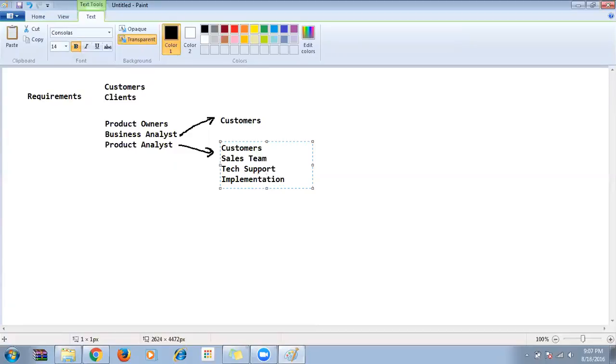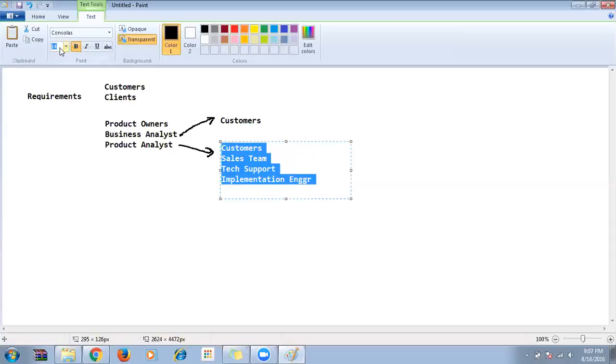I'll be telling you who the implementation engineer is. You are going to develop the product, and then who is the person who is going to install the product for the client? You are developing an application, and then some person should go to the client place, and he is the person who installs it on the server there, and he is the person who gives a demo to the client. He tells them how the application works. That guy is called the implementation engineer.